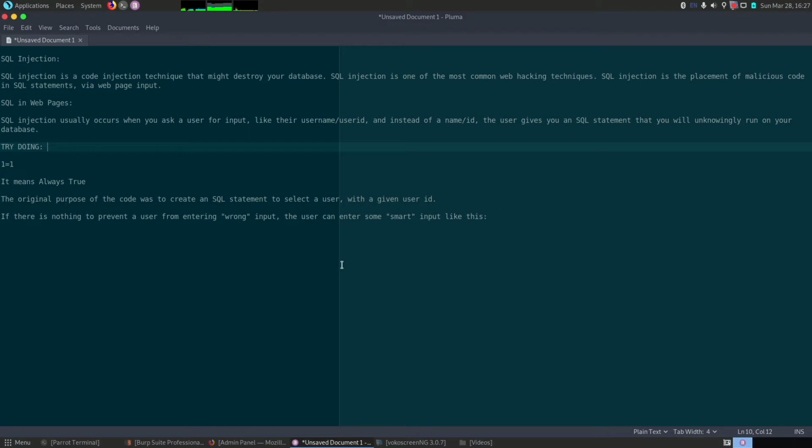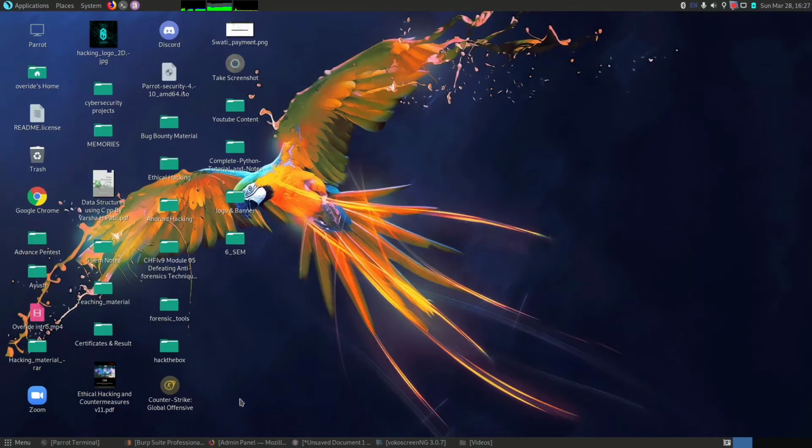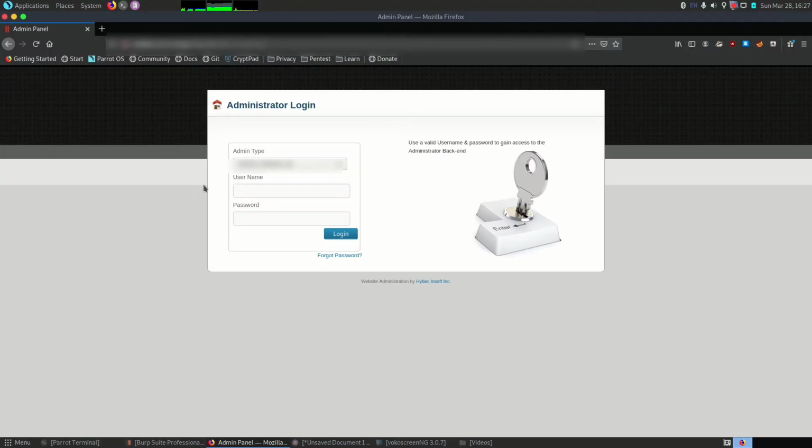Now we can just go to this website. I will not reveal the website because I don't want any kind of attack on it. We will type 1=1 in the username and password, and let's see if it lets us bypass the login or not.